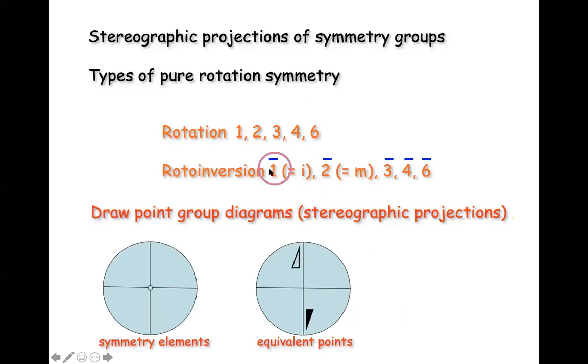Now, 1 bar inversion. Inversion is shown by a circle at the center. That is the symmetry element. Now, how many equivalent points? This is the point, extend it to the center and then extend the same distance to the opposite side. It goes below because it is above, so it is below. So these 2 points are related by the center of symmetry. Okay, so these are the equivalent points.